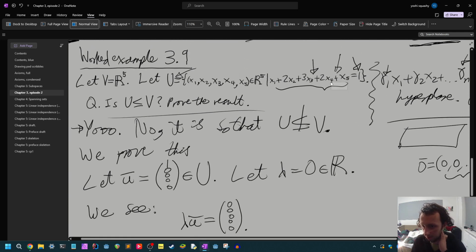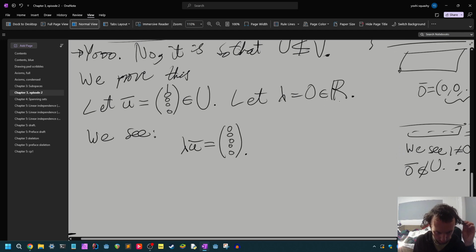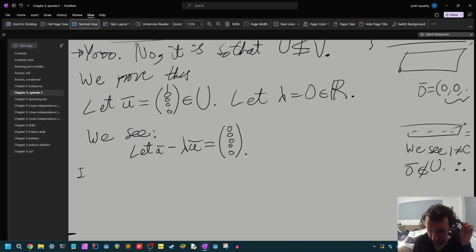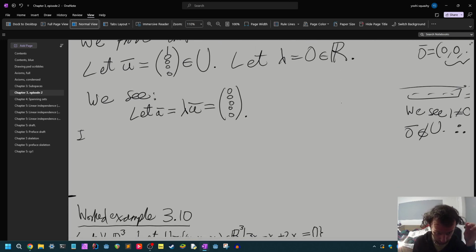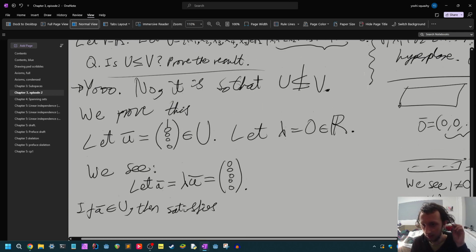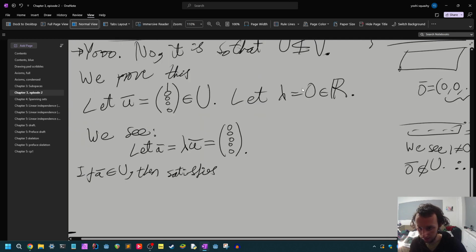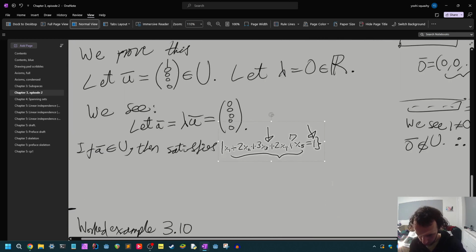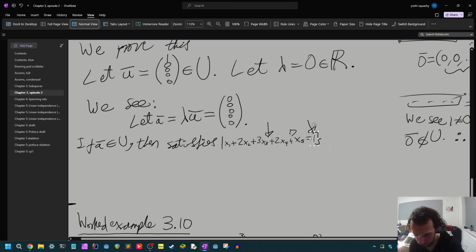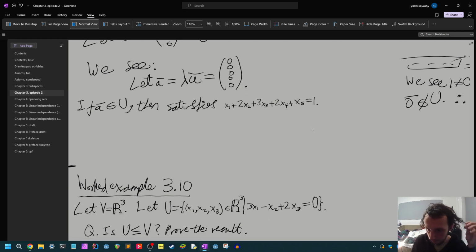So then how do we apply this? Oh, I can just say, let vector A equal that. If A is of the set U, then A satisfies this. And as annoying as it is, you would have to copy this out, but because I'm working digitally, we can just copy and paste because we like that. Satisfies this. But for A, we see,